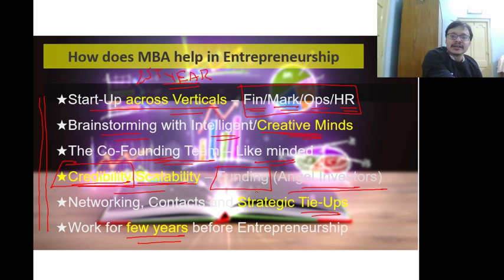The other part here on MBA helping in entrepreneurship and working for a few years is that if you work for a few years in the corporate sector, in a firm similar to the startup industry that you want to build in, you get a lot more contacts in place, a lot more clients, understanding about how to tap clients, and a lot more idea about how to run a business even better, how the different verticals within an organization integrate better.